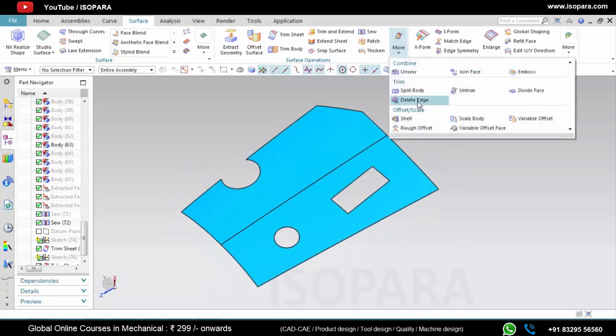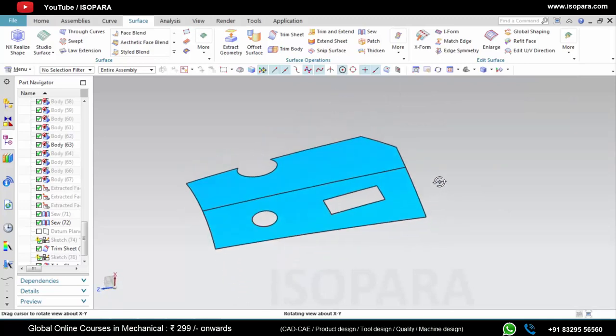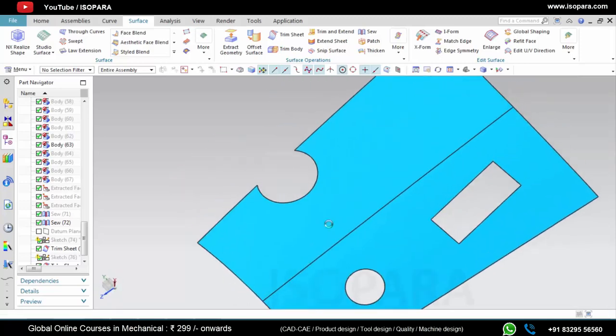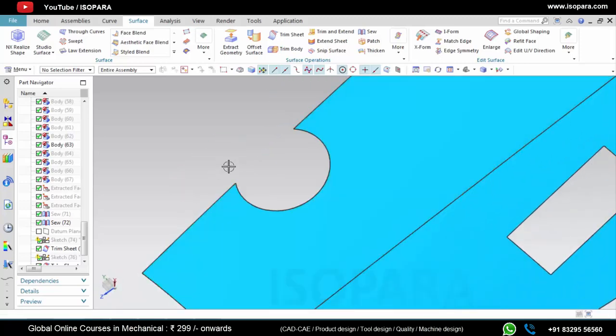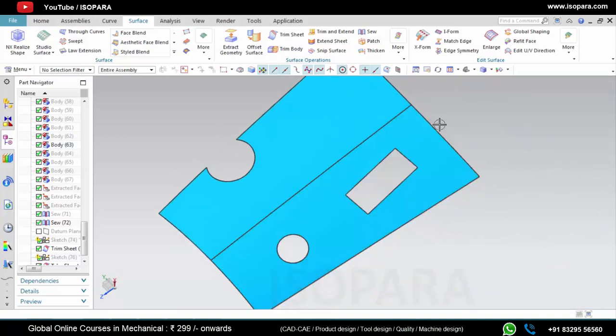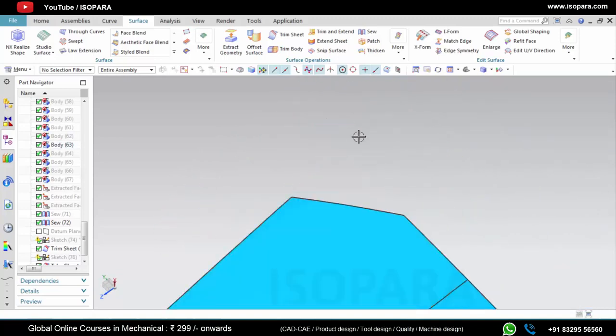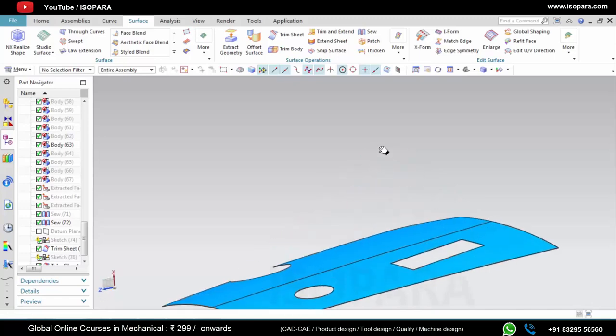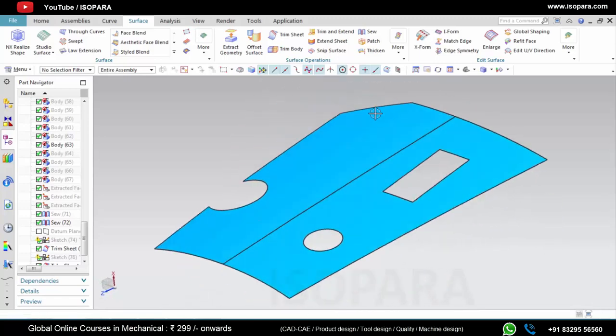Now we will see the next command, which is delete edge. So it deletes an edge or chain of edges from a sheet body to remove an interior or exterior boundary. So as you can see here, I have created some cutouts. So if I delete this edge, then the sheet will get filled. So we will see how this command works.